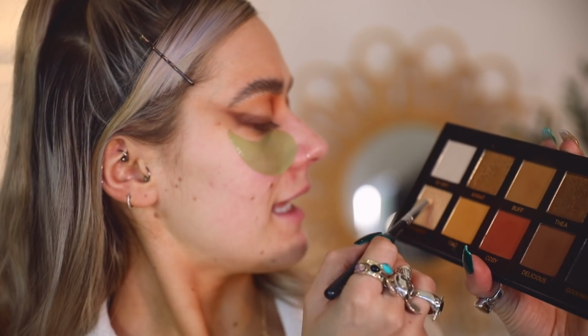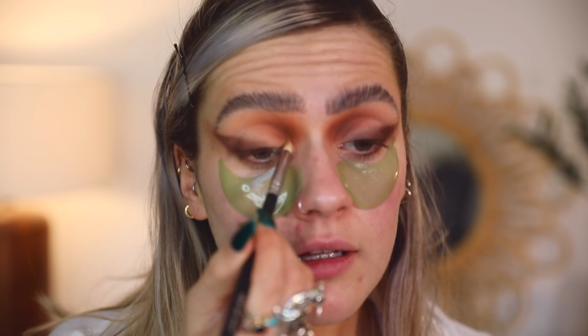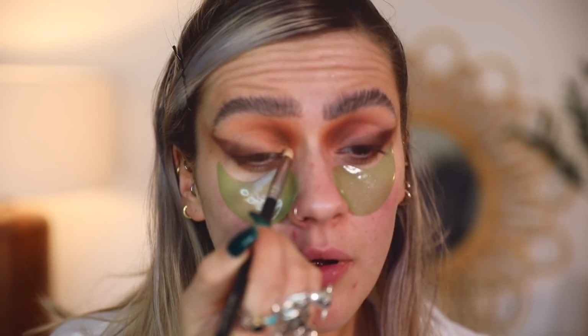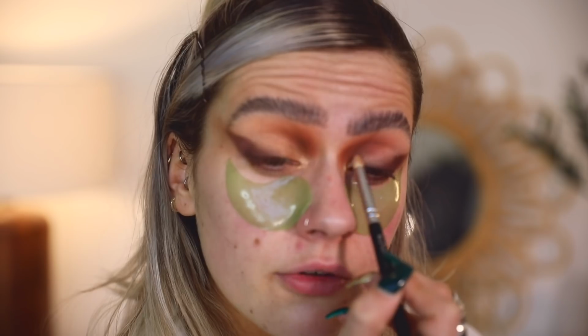I'm gonna take a little bit of glimmer and I'm gonna mix it with Carrot. And I'm actually gonna wet my brush for this. And this we are gonna pop in the inner third. And then I'm gonna start pulling that onto the lid. Such a pretty shimmer. And then on the other side, I'm gonna use Almost Burnt, which is slightly less glittery,